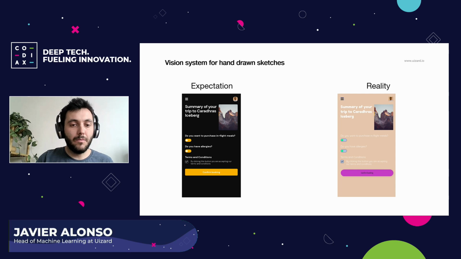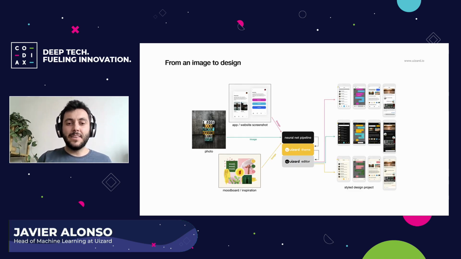And this is how a new project emerged. That's something that we call theme extraction. The general idea is that most companies already have some sort of design assets, maybe in the sense of a screenshot, but maybe in the sense of some design files where there may be a landing page or any sort of asset already.